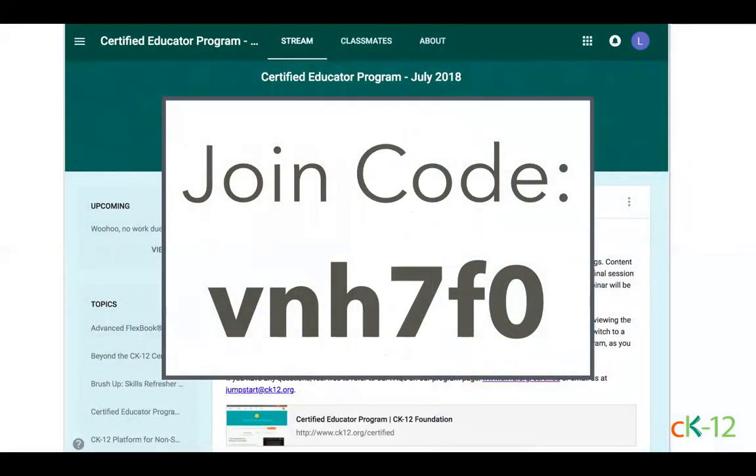If you have yet to join our Google Classroom, I know a lot of you, this is the beginning session for your part in this program. You can use this join code to join your Google Class. If you're getting an error code message, it's probably because your school's blocked external classes. So you can have your tech department whitelist CK12 within Classroom, or you could use a personal email account to join that class and then just shoot jumpstart@ck12.org an email, and let us know what that is, and we will cross-reference it to your registration.